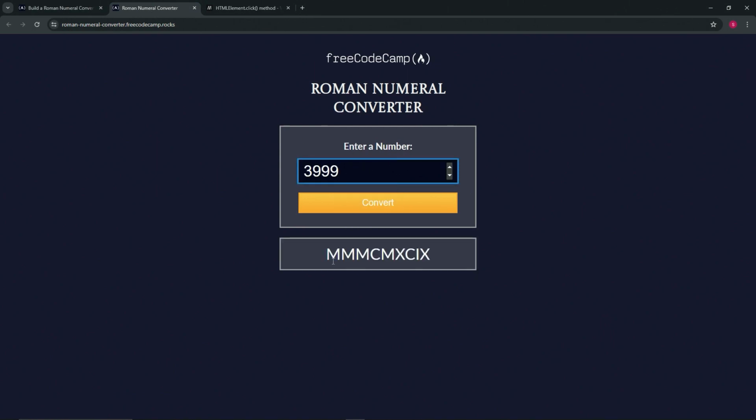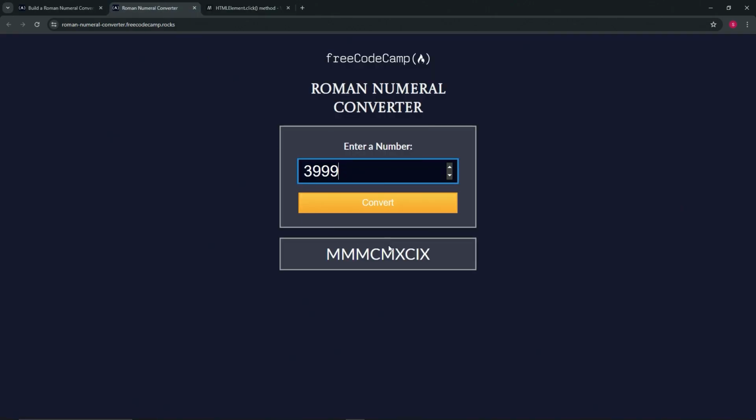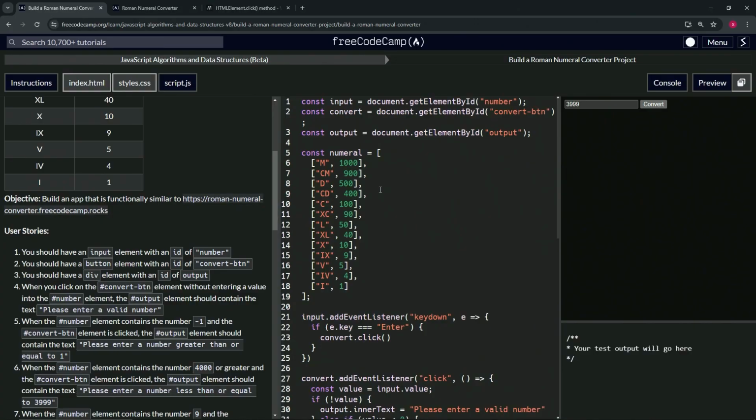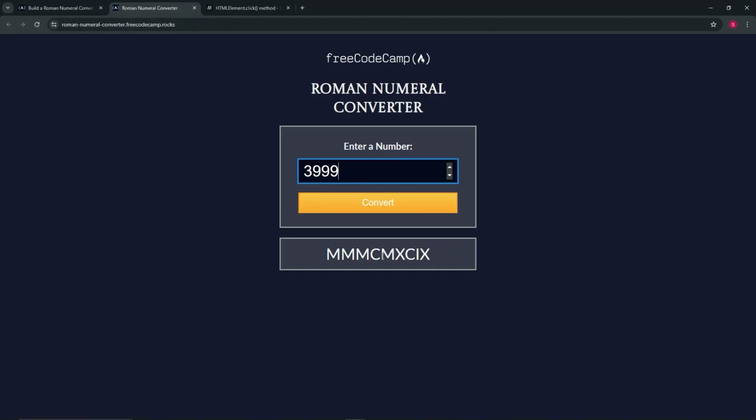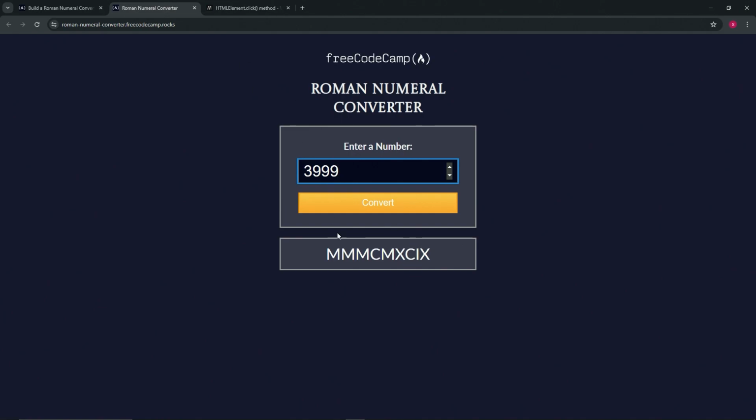All right. So M. We want to get those three Ms, and you subtract 1,000 each time, and add the M to a result. Then we'll do CM for 900, which is this one, and then we want to do another M, MCM, CM, and then XC for 90. So XC, this thing right here, and then an IX for 9. IX right there. So we want to add this, then this, then this, then this, then this, then this, all